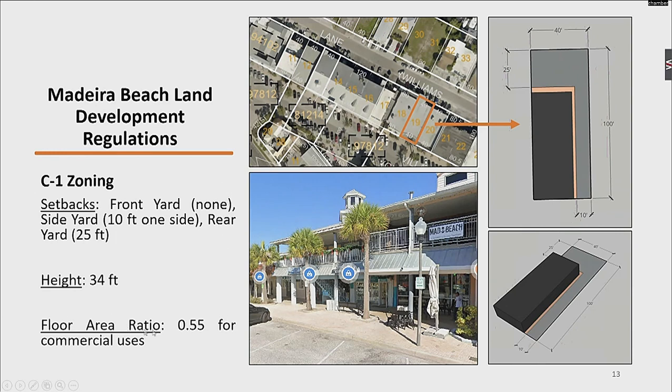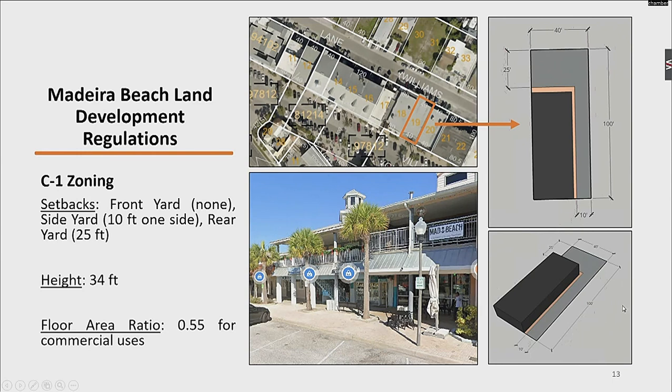And then the floor area ratio, which is the ratio of the lot to the building. When we're measuring floor area ratio, it's easier to imagine it as air-conditioned area. Our definition goes into more detail, but just as something a little easier to grasp, it's like air-conditioned area, so things that are enclosed. So this is typically what our